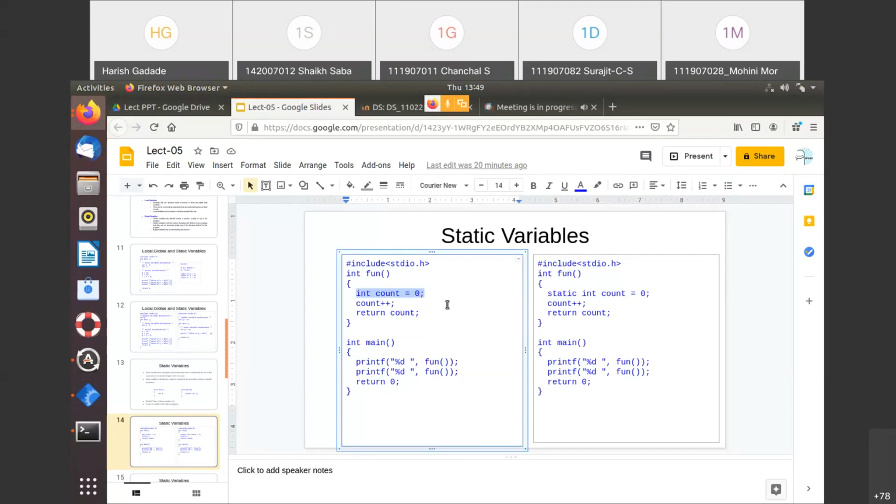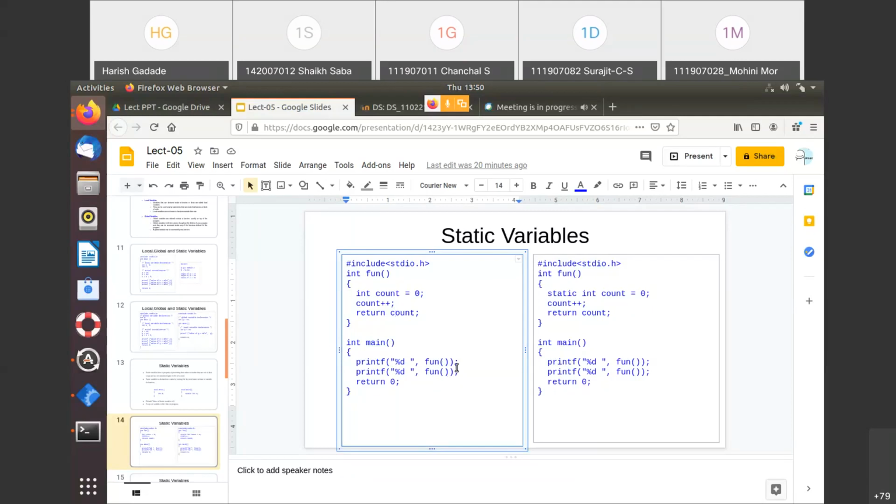When I execute this program, when the compiler comes to this point, count plus plus, the initial value of count is 0, right? And when this statement gets executed, that value will be incremented by 1, so the recent value of count would be 1, and we are returning that 1.